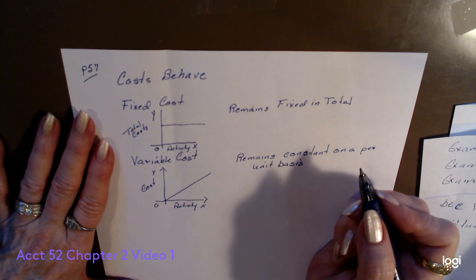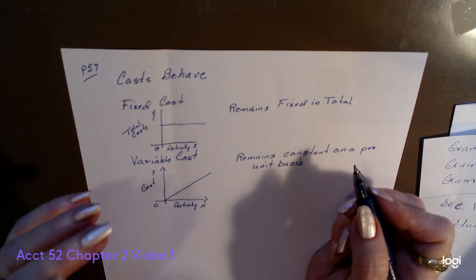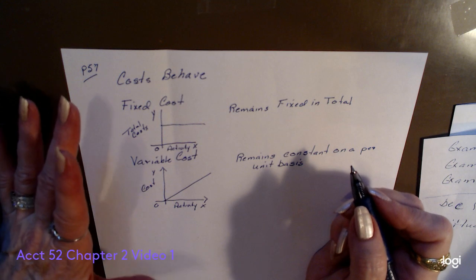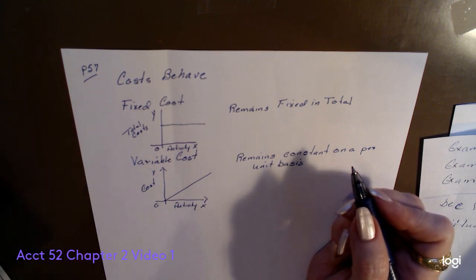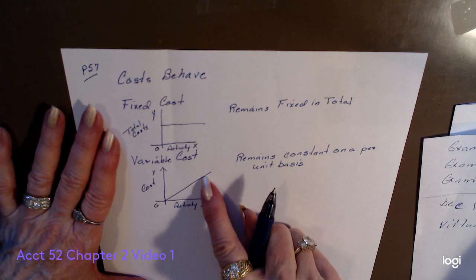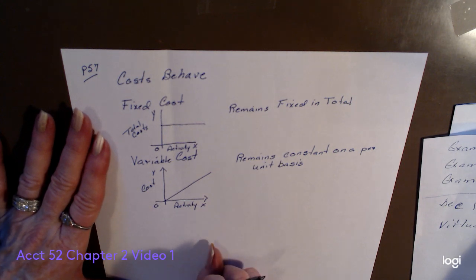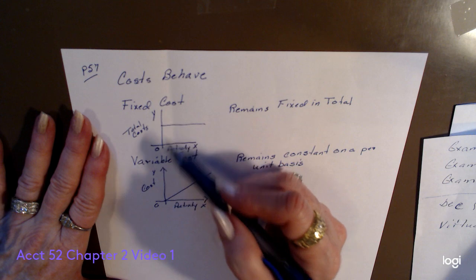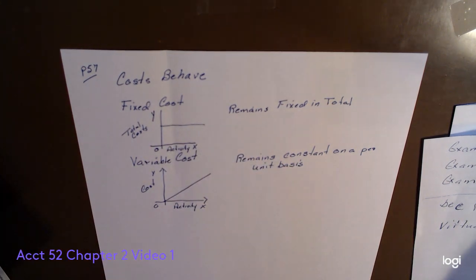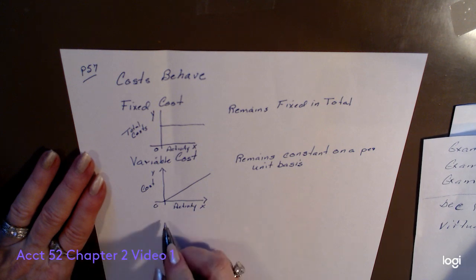Okay. So that means like if you go to the store and you buy 1 bag of potato chips for $3, unless they have a deal going, you buy another bag, it's another $3. So every bag of potato chips you buy is $3. So as the activity goes, the slope of this line increases by $3 for every unit that we go along through here. Okay? So all costs ultimately have to end up being what they call either a fixed cost or a variable cost. Okay? So the other kinds of costs that we find lots of times